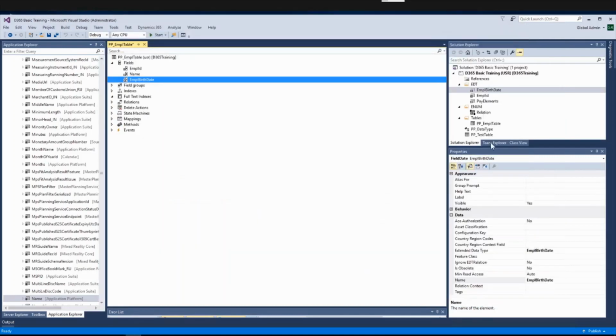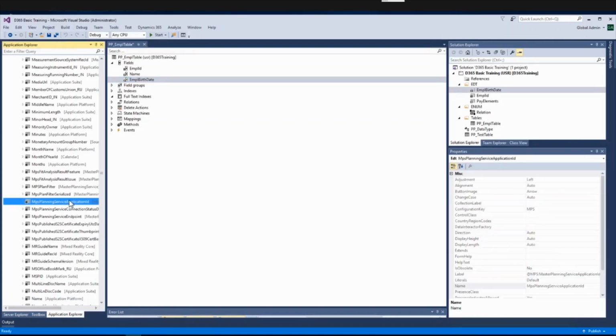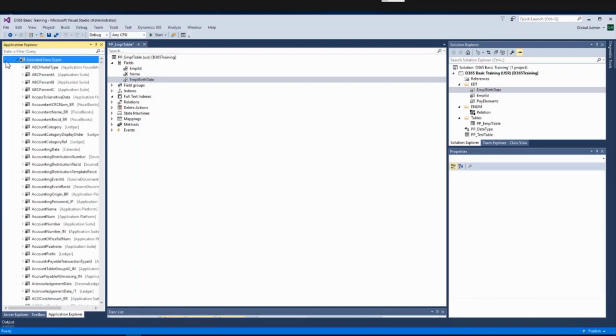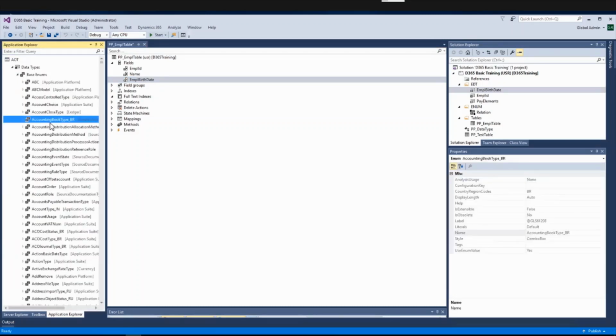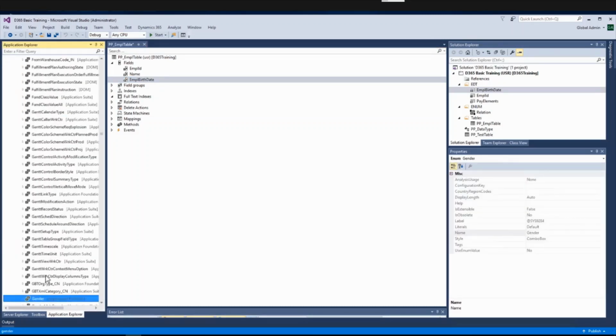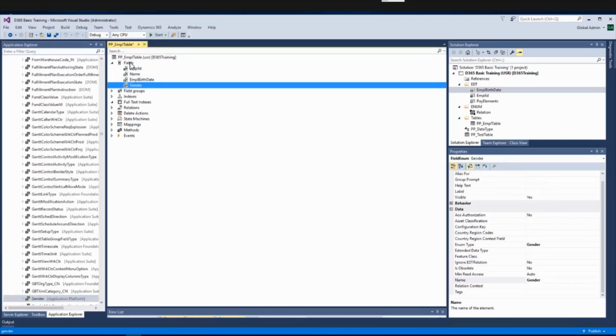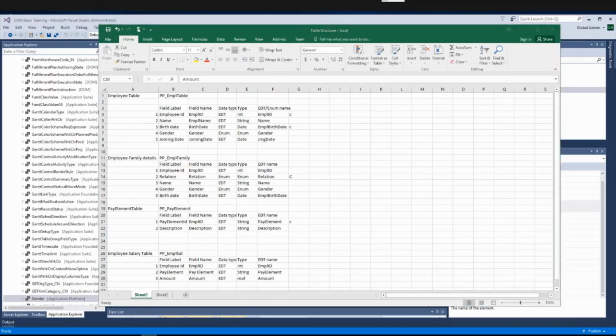For the enum we created, gender is standard, we have to take base enums. I am going to use the standard enum gender. The last one was joining date.